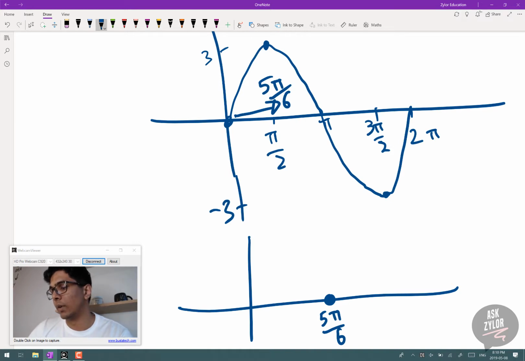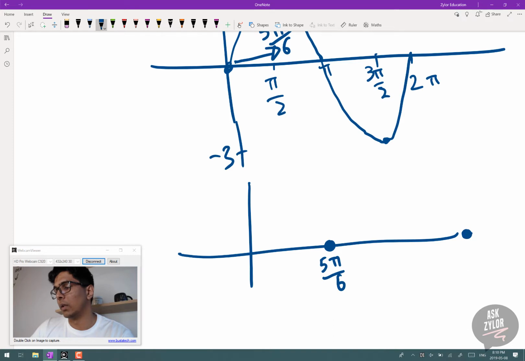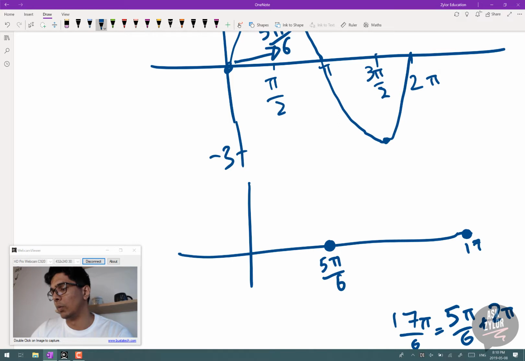So I'm going to start at 5 pi over 6, and then my period is still 2 pi. So I can find when my period ends by adding 5 pi over 6 plus 2 pi, which gives me 17 pi over 6. So my period will end at 17 pi over 6. Right. I can find the halfway points as well by adding pi to 5 pi over 6, which should be 11 pi over 6. And I can add pi over 2 to 5 pi over 6 to get 8 pi